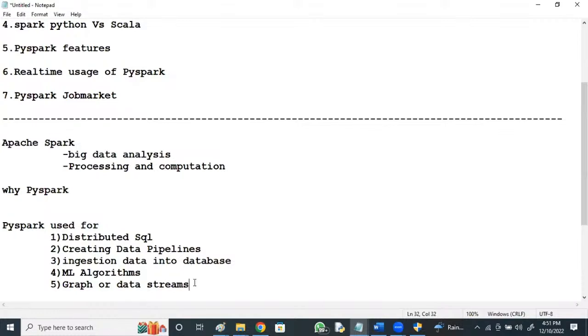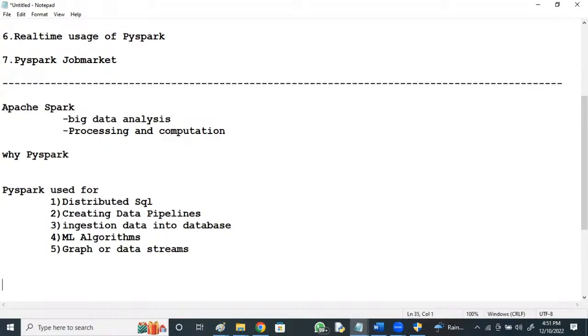So what is the need for PySpark? Here, if we talk about normal SQL and Spark SQL, we have the concept of data frames available.